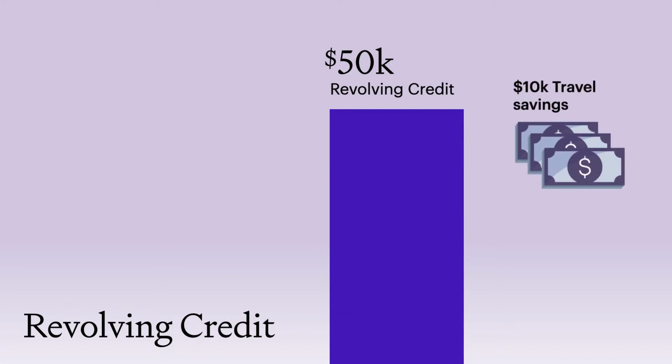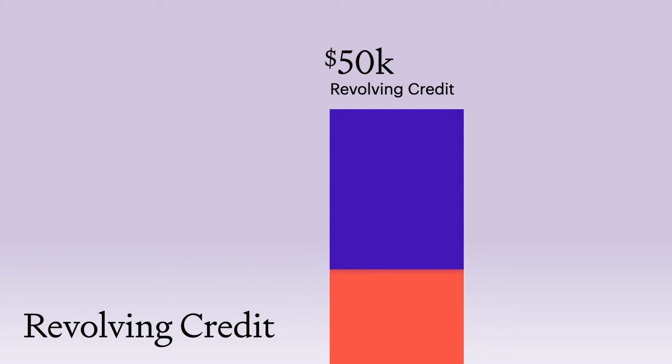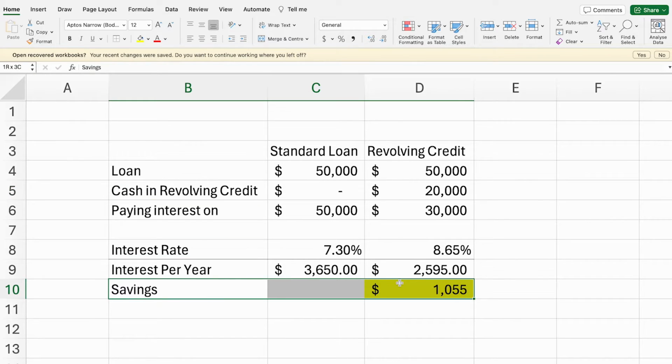You see, with a revolving credit, part of that mortgage, that $50,000, acts as a big overdraft. So you owe $50,000, but then you might have $10K saved for a holiday or $5K as an emergency fund. Maybe you've got another $5K you've been saving for buying a new car. You collect up all of that money and you put it into your revolving credit. Now you're not paying interest on the full $50K, you're only paying interest on $30K instead. Now, over a year, that could save you up to $1,000 in interest compared to if you just left that